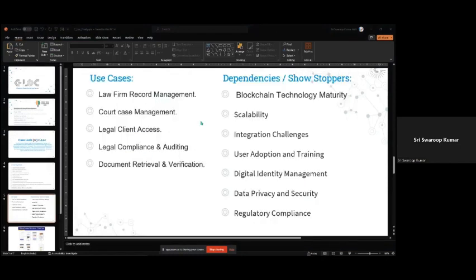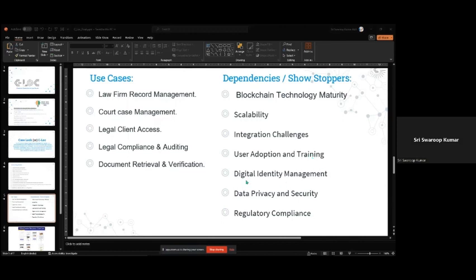One more thing is user adoption and training. Whatever app we are developing, we will provide documentation for the app. Along with that, we will have a page in the app where the user can look into all the stuff he can access, whatever he can get his hands on, and view it in the app.